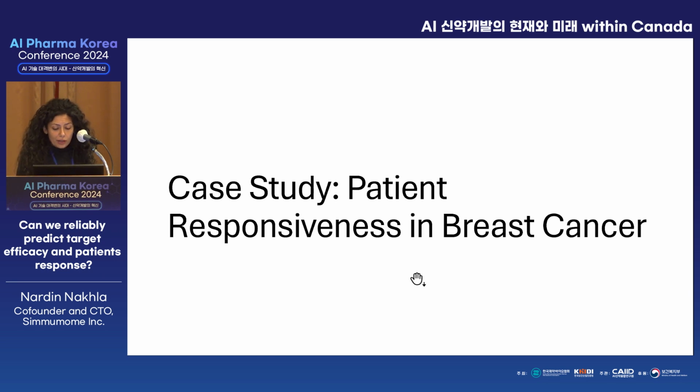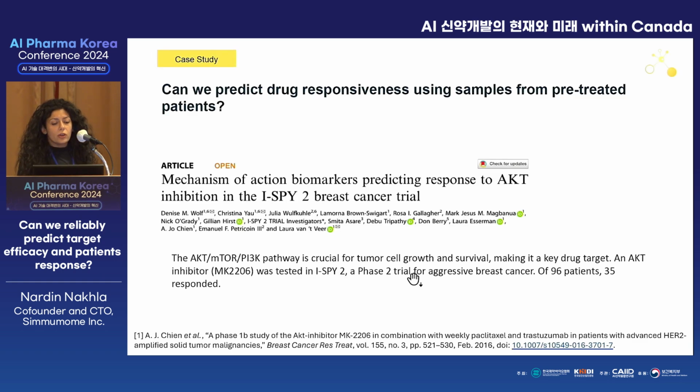So this is a case study that we did on patient responsiveness in breast cancer. And the question we are addressing here is, can we predict drug responsiveness using tumor samples from pre-treated patients? So the idea here is to predict if patients will respond or not from their tumor samples before they take the drug, before they've been treated. And to give you background, this is based on a study that was published in 2020,